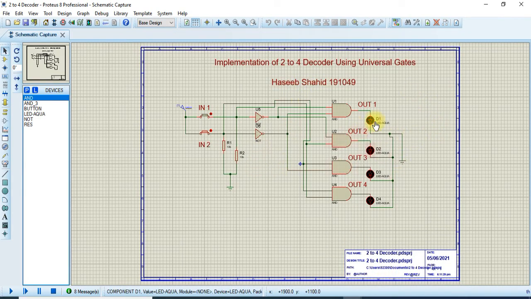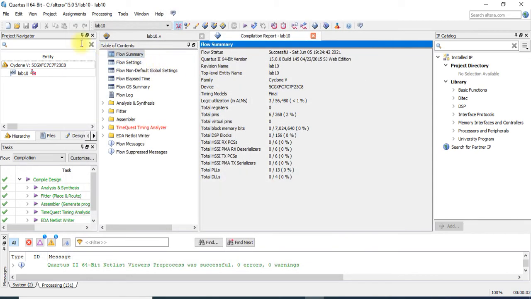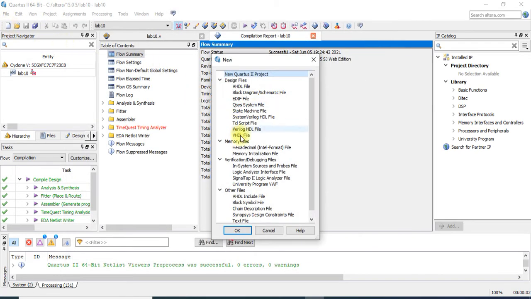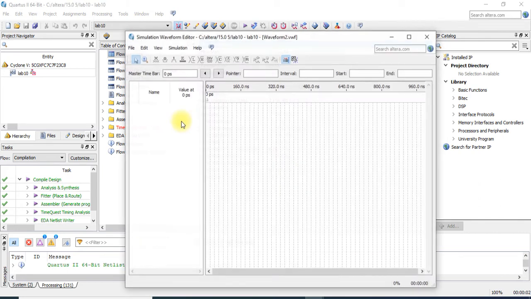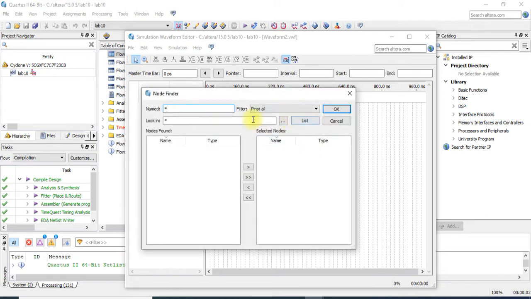This is exactly the same circuit that is obtained by the Verilog code as well. Now let's see whether the results are exactly the same as in Proteus. For that purpose we have to insert the nodes with the help of the node finder.